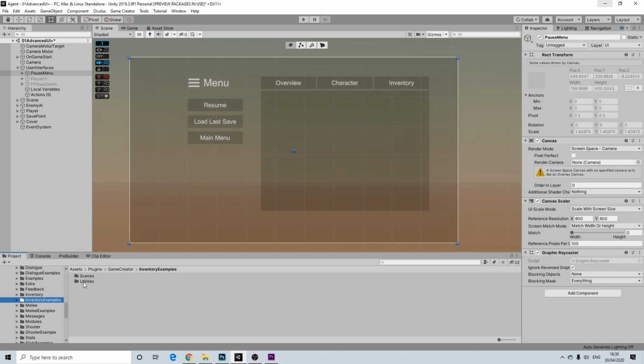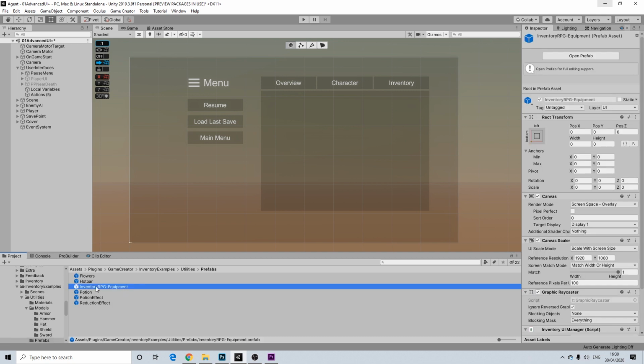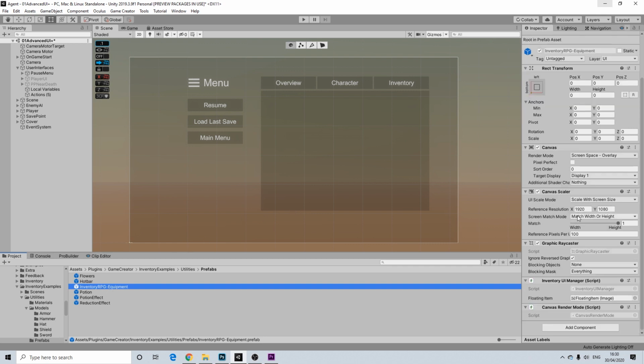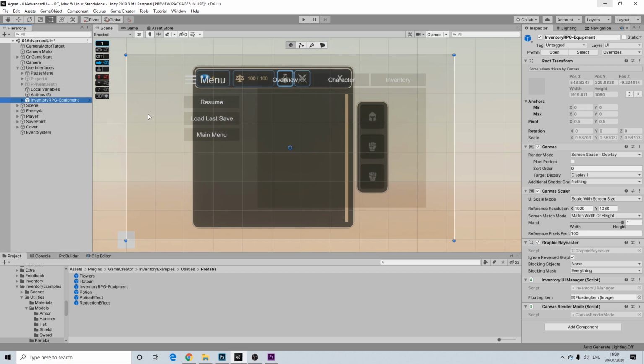Now I'm going to go to this folder here and go to prefabs, and we'll have our inventory RPG equipment prefab. I'm going to grab this. It already has all of the basic stuff it needs in order to work, which is absolutely great. We are definitely going to modify this. We won't be using everything. We already have a menu, of course, so we only want a couple of these things to work. I'm going to drag it into user interfaces,